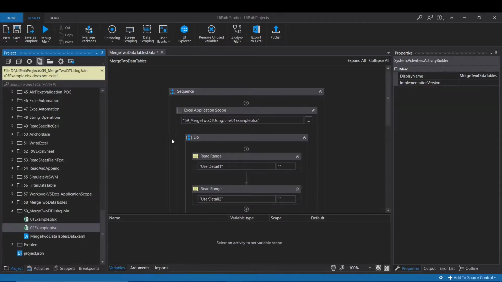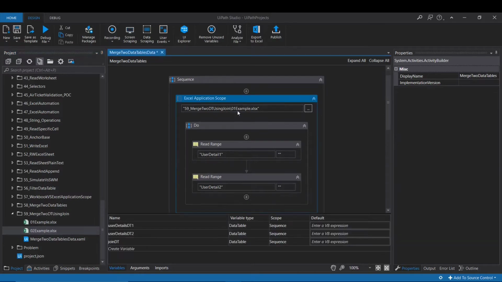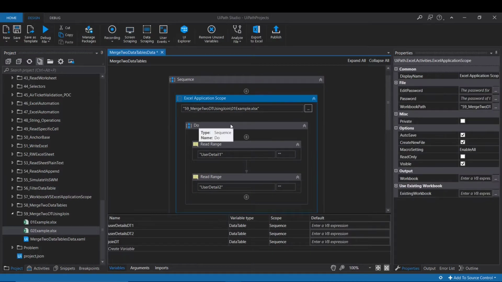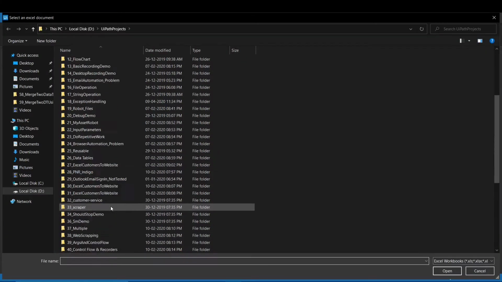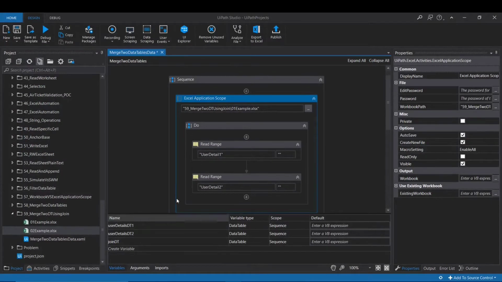For this, I will go to UiPath Studio first and show you how we can merge two data tables. We have taken one Excel application scope first. Here we have pointed to the sheet 1 Excel file, this one. Inside we have two Excel sheets.